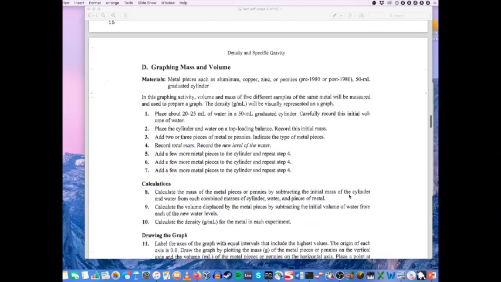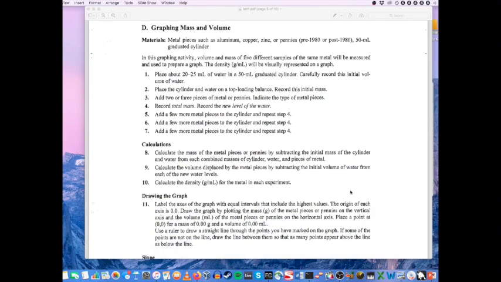Now, graphing mass and volume. In this case, this would definitely require a graduated cylinder, but what I think that I'm going to do is provide you with data for some coins, such as pennies or quarters, and I will give you a series of masses and volumes based on the procedure shown here, where you add a small number of coins, record the volume displacement and the mass,